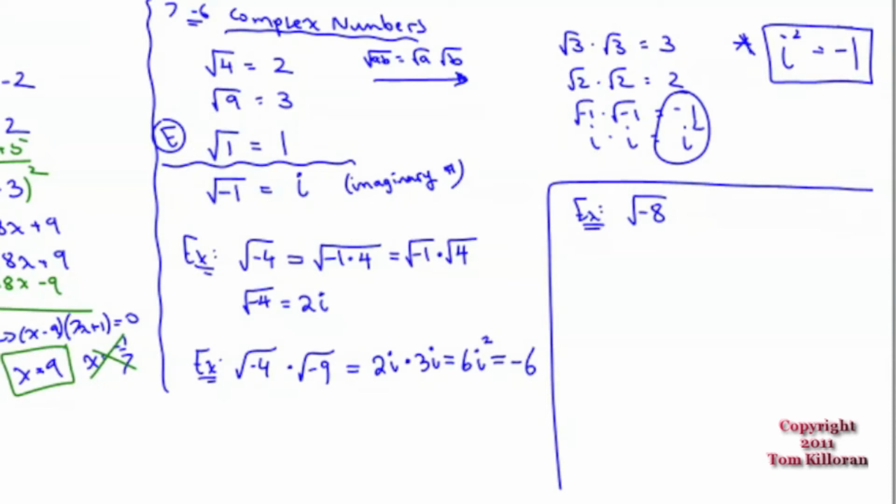Is it factor like 2? Yeah. 8 factors into 2 and 4, and 4 is another pair of 2s. How many 2s can come out? Well, one 2 can come out because I can pair them up. So a 2 is going to come out. What else is going to come out? The negative comes out as an i. So this becomes 2i